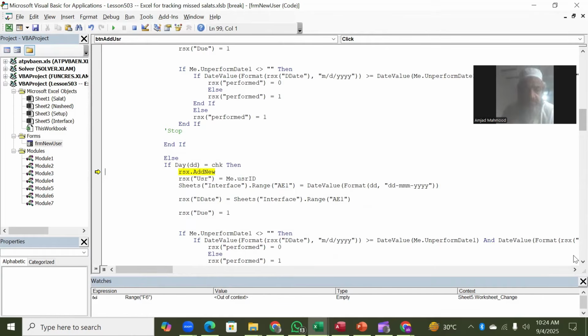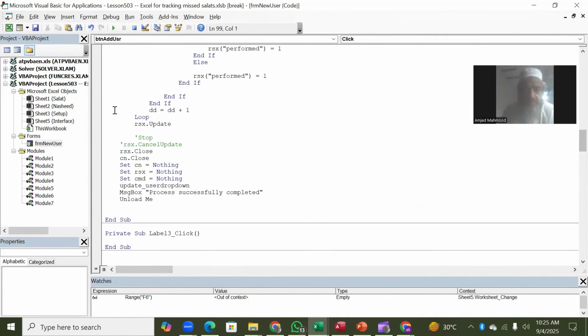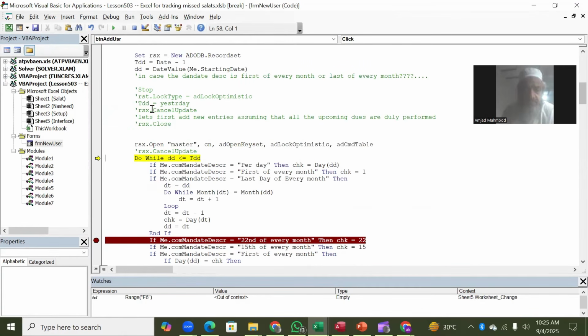You can put another breakpoint just to see what it does on every increment of 1 day, right? So it has done its job, and now it is adding 1 to the date, that is 22. So 22 will become 23rd of June. And what would happen? It will skip this because 23rd does not fall in our